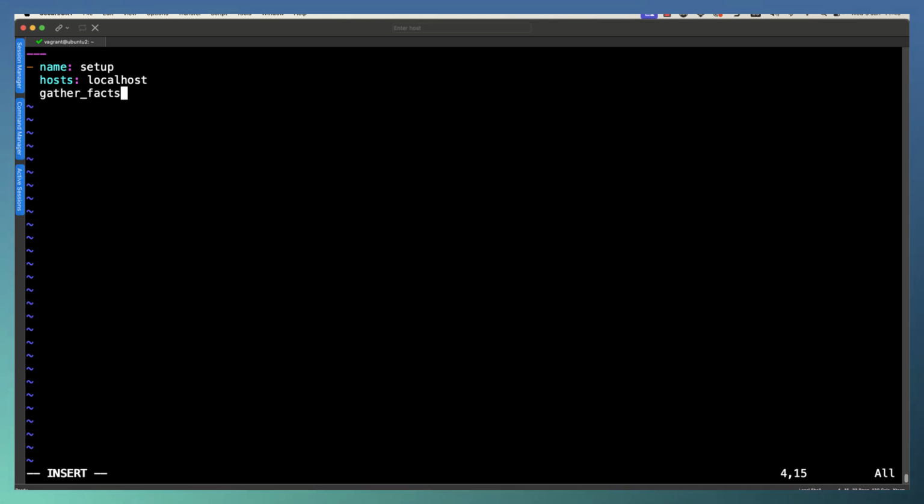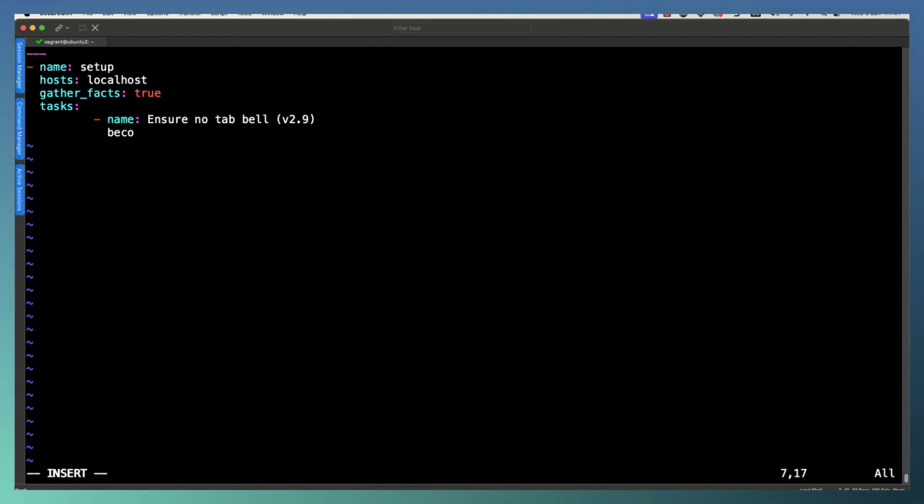I do like to explicitly say that we are collecting facts, so gather_facts true. It is the default, but we might as well explicitly say that we are gathering our facts. And then we can start adding in our tasks. So here we can go through and name our task, so we can ensure that there is no tab completion bell from our inputrc file. And we can say this is working with version 2.9.